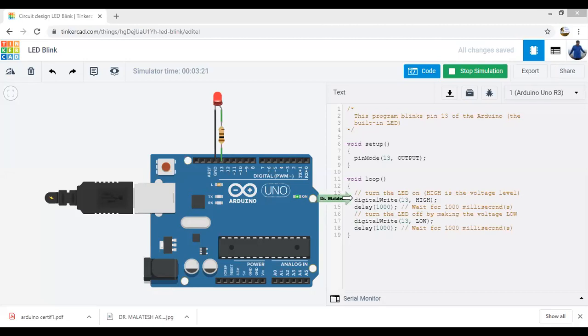Digital write 13 high will turn on the LED. Digital write 13 low will turn off the LED. This command sends a low voltage, that is 0 volts, on pin number 13, so it becomes off. Then again a delay.